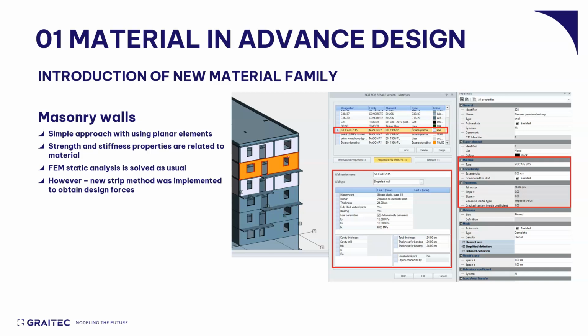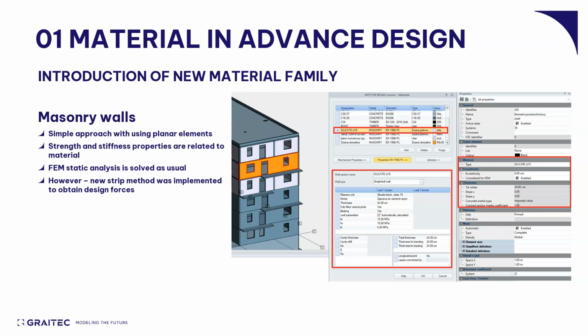In addition to the current ones like concrete, steel, or timber, you get a new family called masonry, where you can specify not only the mechanical properties, but also strength parameters according to the standards you're working on. So we made this approach the simplest way. You just create a new material where you specify a unit and also a mortar, and based on these two inputs,